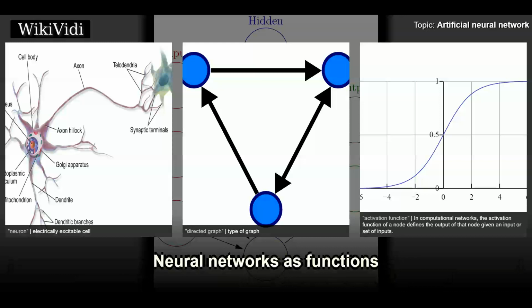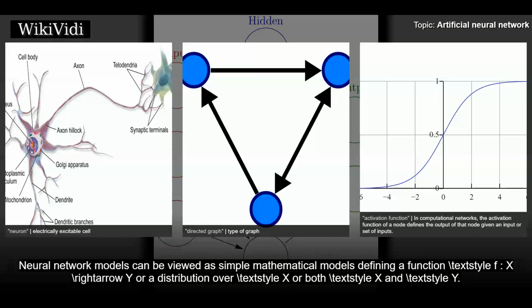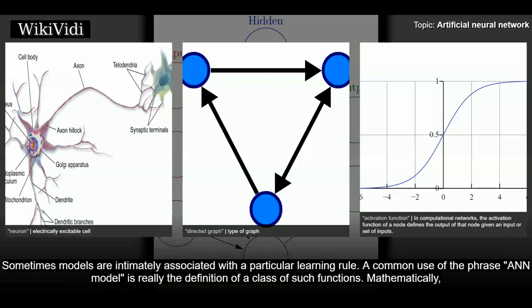Neural networks as functions. Neural network models can be viewed as simple mathematical models defining a function f: X → Y, or a distribution over X, or both X and Y. Sometimes models are intimately associated with a particular learning rule. A common use of the phrase ANN model is really the definition of a class of such functions. Mathematically,